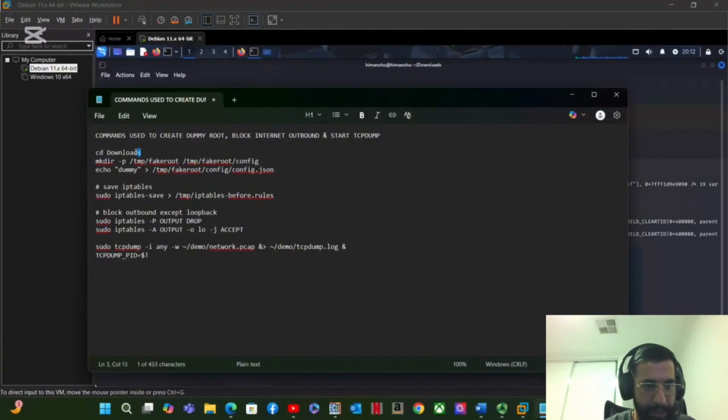We will not be using this command since we are already in the downloads directory, but I used all the commands which I already ran in the background. These commands are used to create a dummy route, block the internet outbound, and start a fake TCP dump, so that we can convince this malware, the spyware, that it is running in a normal network so that it can show us